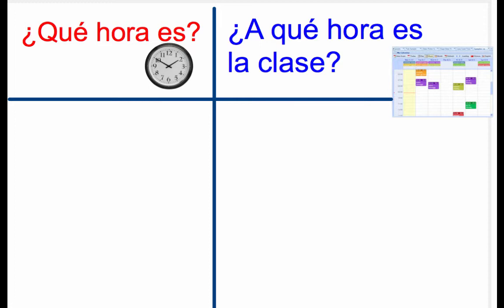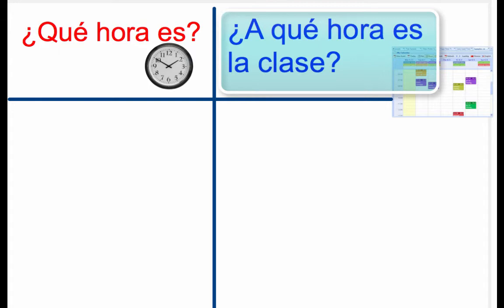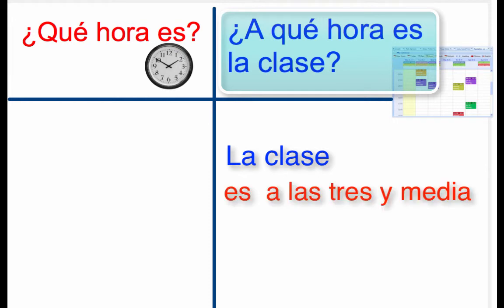The second question about time refers to when an event takes place. The answer for this one is always going to be the name of the event first, la clase, el concierto, and then after that you'll have es a la if it's 1 o'clock, or es a las for any other time